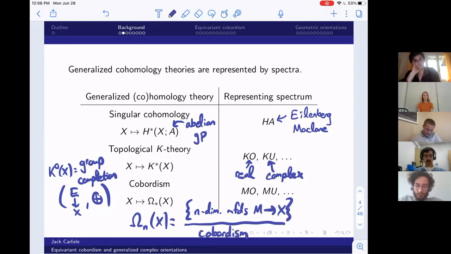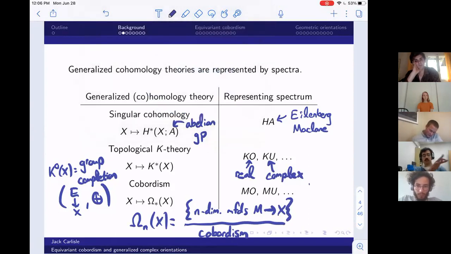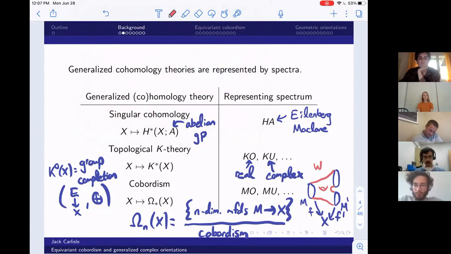Where I'll do my best here in the corner to sort of draw what this equivalence relation means. The idea is that if we have one manifold M equipped with a map F down to X, and if we have a second manifold M prime equipped with a different map F prime down to X, then we identify these two objects in the cobordism group if we can find some n+1 dimensional manifold W whose boundary, together with an extension of these maps,